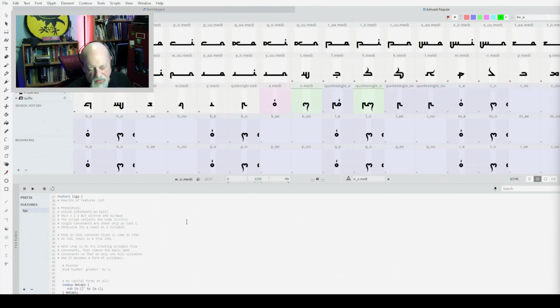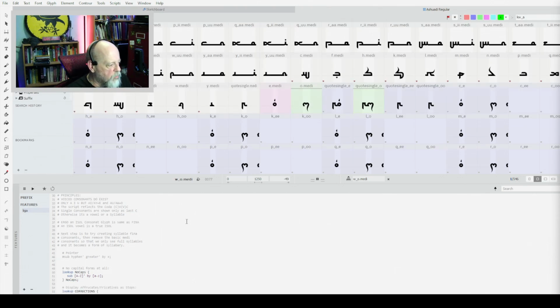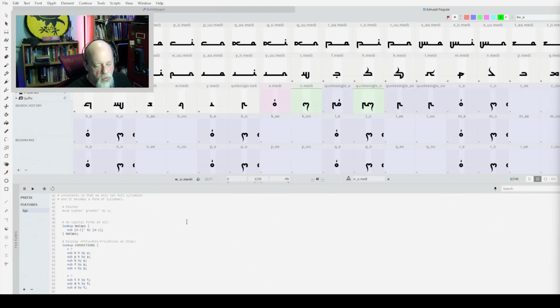This is the only way I've found of getting all this stuff to work right if you're not doing just an alphabet. If you're just doing an alphabet, then you just draw all the glyphs and you're good. No problem. You might still do some of this stuff to select which glyph is drawn, but you don't have to worry about them joining together and overlapping and all that sort of stuff.